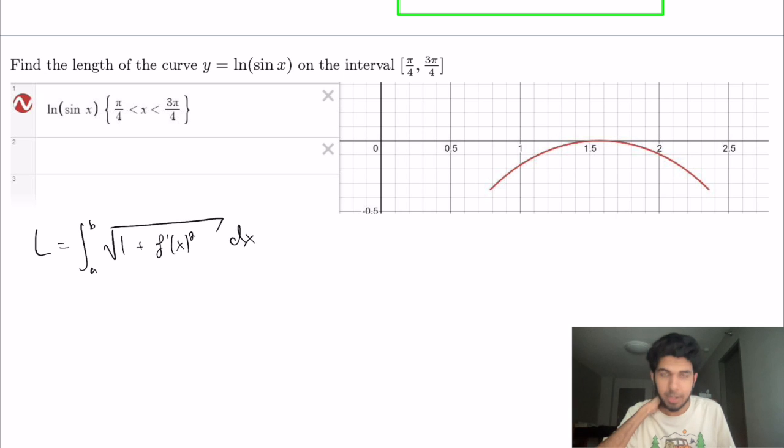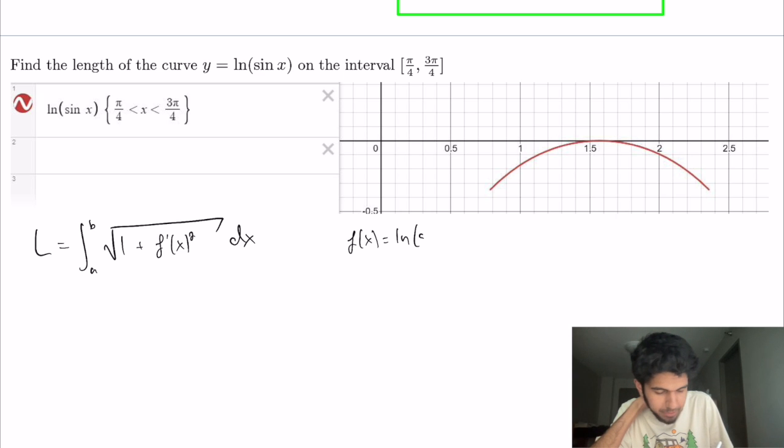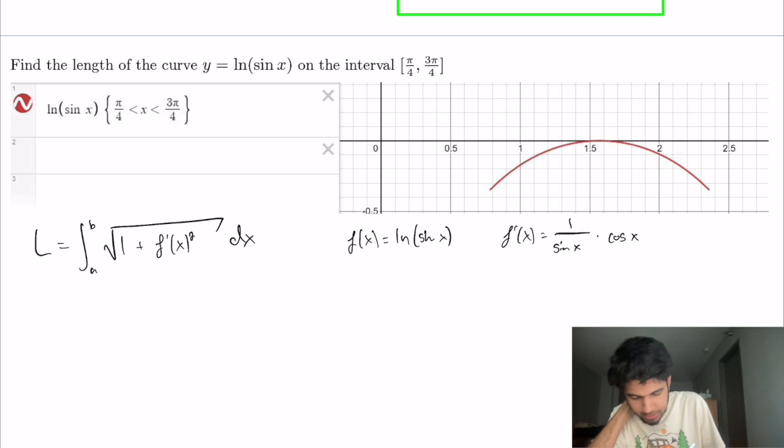Let's solve for f prime of x. If f of x equals ln of sine of x, f prime of x, we'll use the chain rule. That'll be 1 over sine of x. We have to multiply that by the derivative of sine of x, which is cosine of x. So this will be the integral from pi over 4 to 3 pi over 4 of the square root of 1 plus cosine x over sine x squared